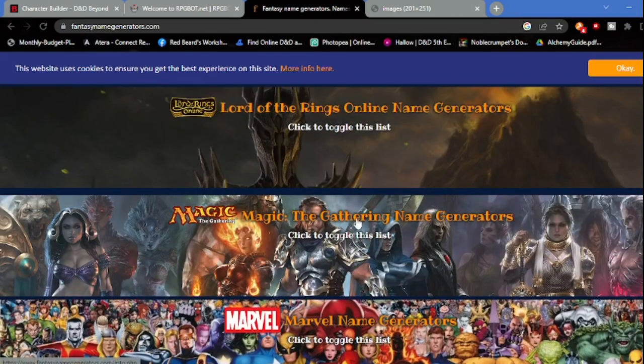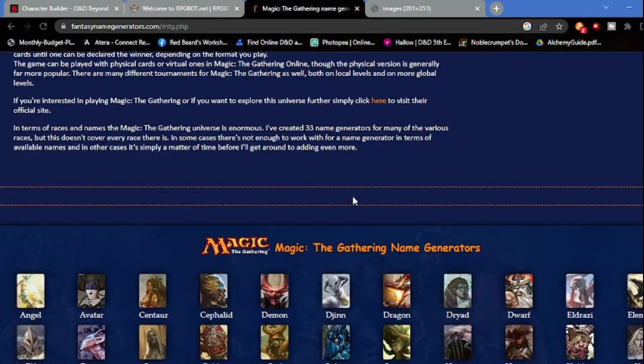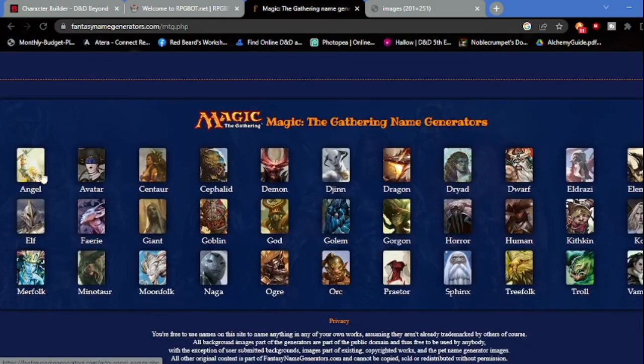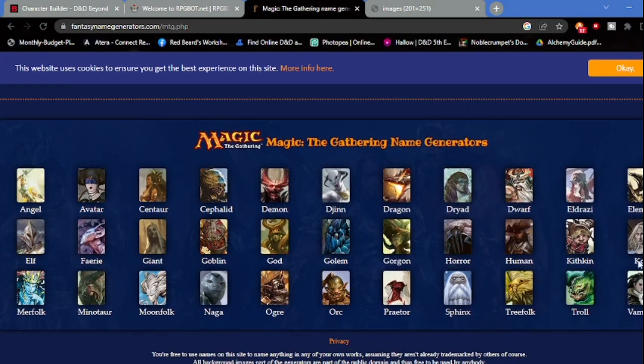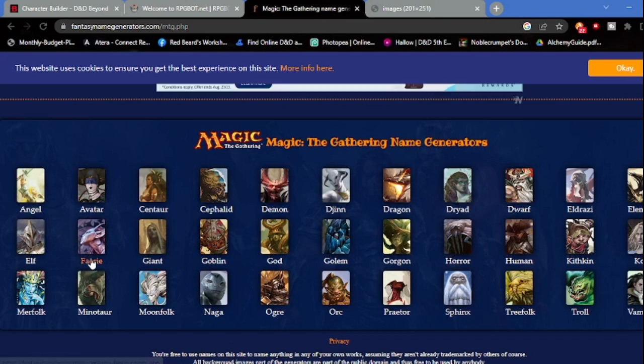I don't think I've ever looked at the Magic the Gathering one, so let's just look at that one for fun. Alright, so then you would pick, what kind of name am I looking for? An angel, a demon, a sphinx? What am I looking for here? I think I like the idea of a little gnome. I don't think this has gnomes in it, so this is a bad example, but it doesn't matter. We're just going for a name here. Fairy kind of makes sense because the hat kind of looked Fey-ish, Feywild with the mushrooms and everything, so